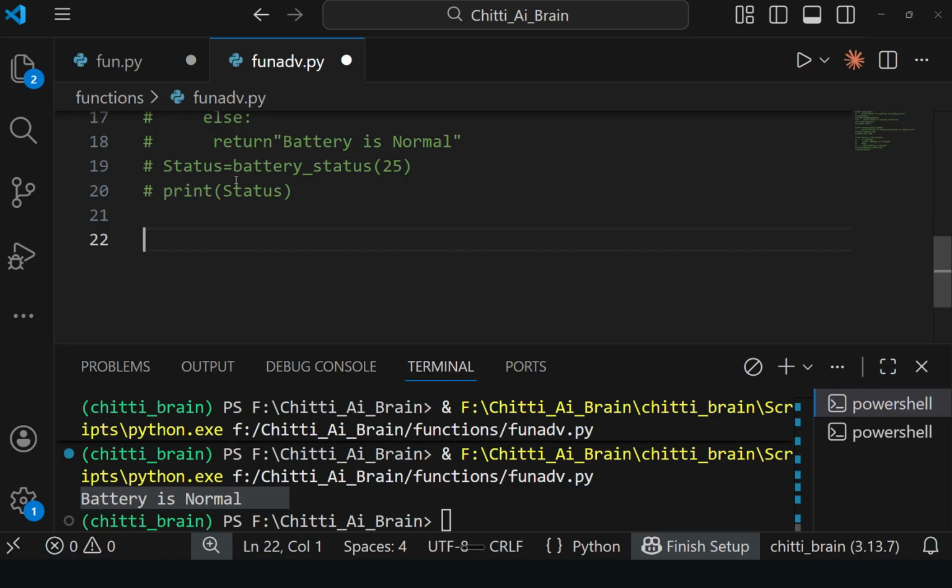Let's see. For suppose define a function. What is the function? Scan. You are scanning the area.